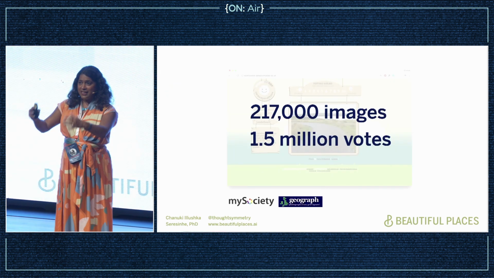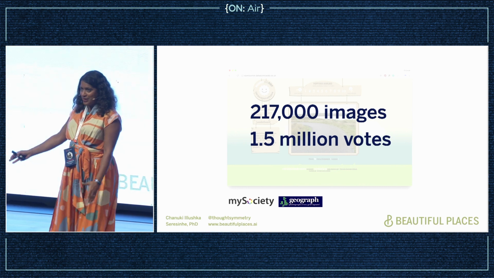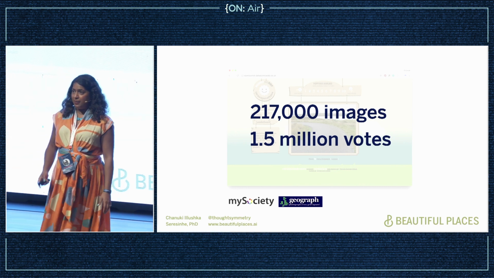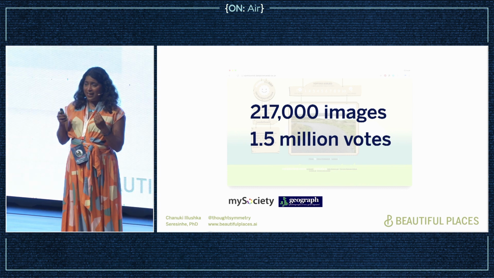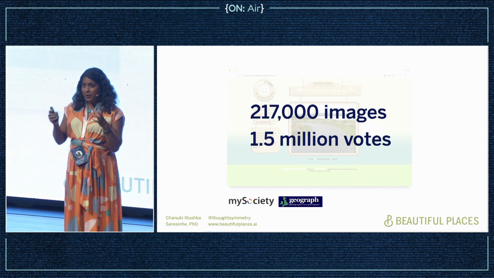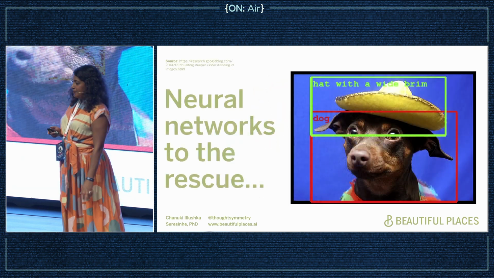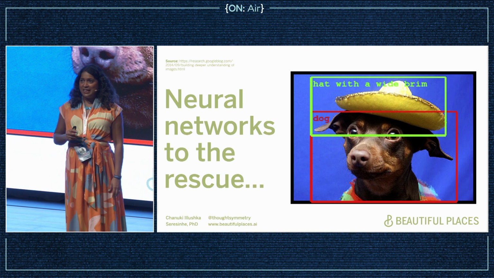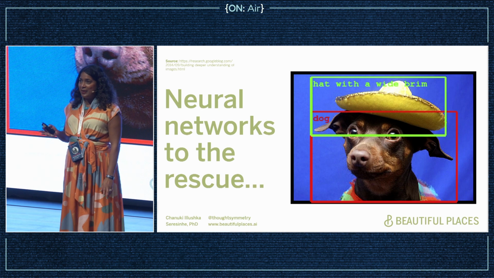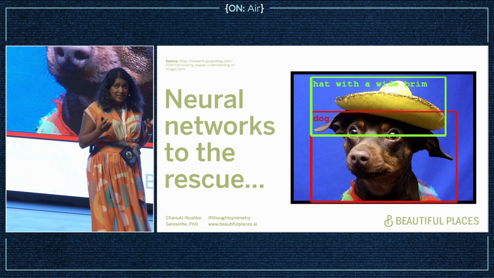But what does the data tell us? We've got at least 217,000 images, rated 1.5 billion times. So I wanted to understand, can I uncover a collective sense of beauty by actually analyzing the data? Of course, I can't do this by hand. Really, this is where neural networks come to the rescue, and they're fantastic